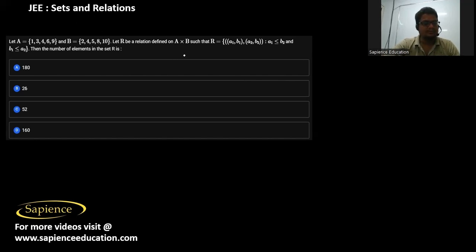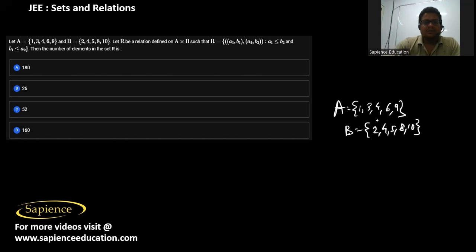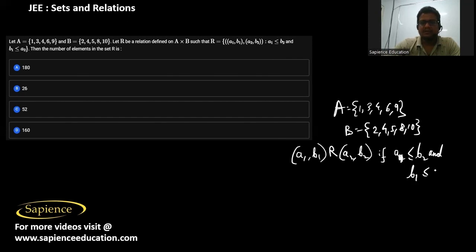So here it is told that let A equal to {1, 3, 4, 6, 9} and B equal to {2, 4, 5, 8, 10}, and let R be a relation on the set A cross B such that R equals to {((a1, b1), (a2, b2))}, meaning (a1, b1) is related to (a2, b2) if a1 is less than or equal to b2 and b1 is less than or equal to a2. Then the number of elements in the set R is